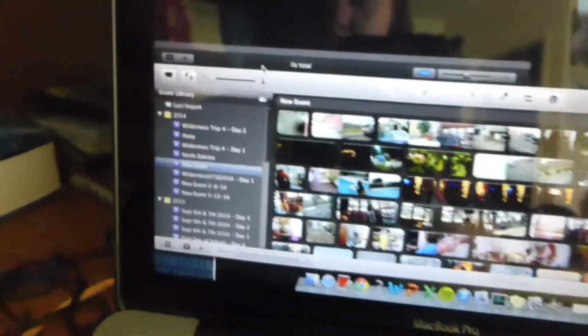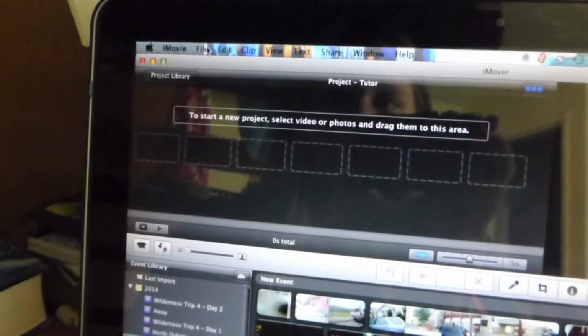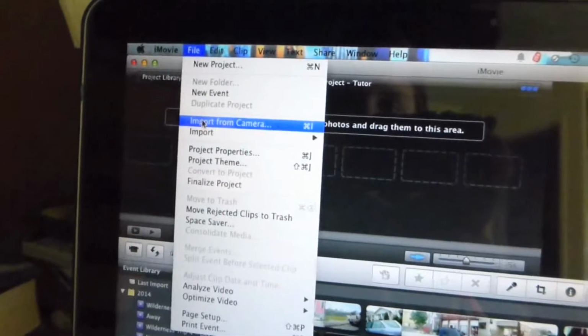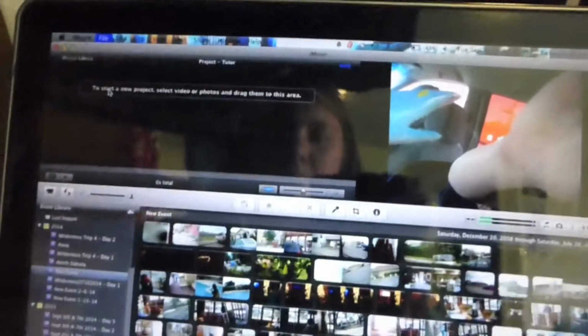Come up to this screen and it's empty, and normally that's empty. But to get the clips from your SD card, you're gonna go File, and you're gonna want to hit Import from Camera, because it'll automatically bring up anything that's from your SD card that's a video. So I'm going to import from Camera,